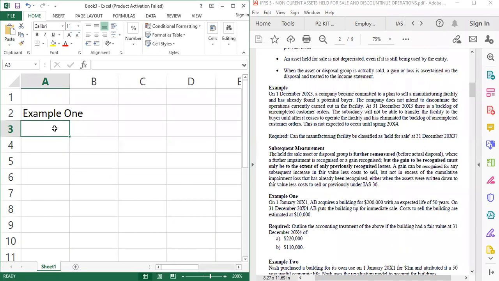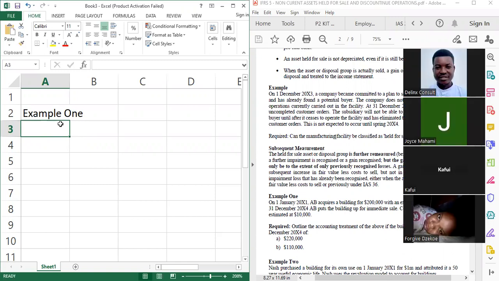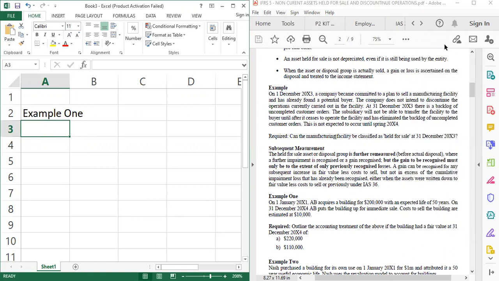Example 1. On 1st January 20X1, AB acquired a building for $200,000 with an expected life of 50 years. On 31st December 20X4, AB puts the building up for immediate sale. Costs to sell the building are estimated at $10,000. Required, outline the accounting treatment of the above if the building had a fair value at 31st December 20X4